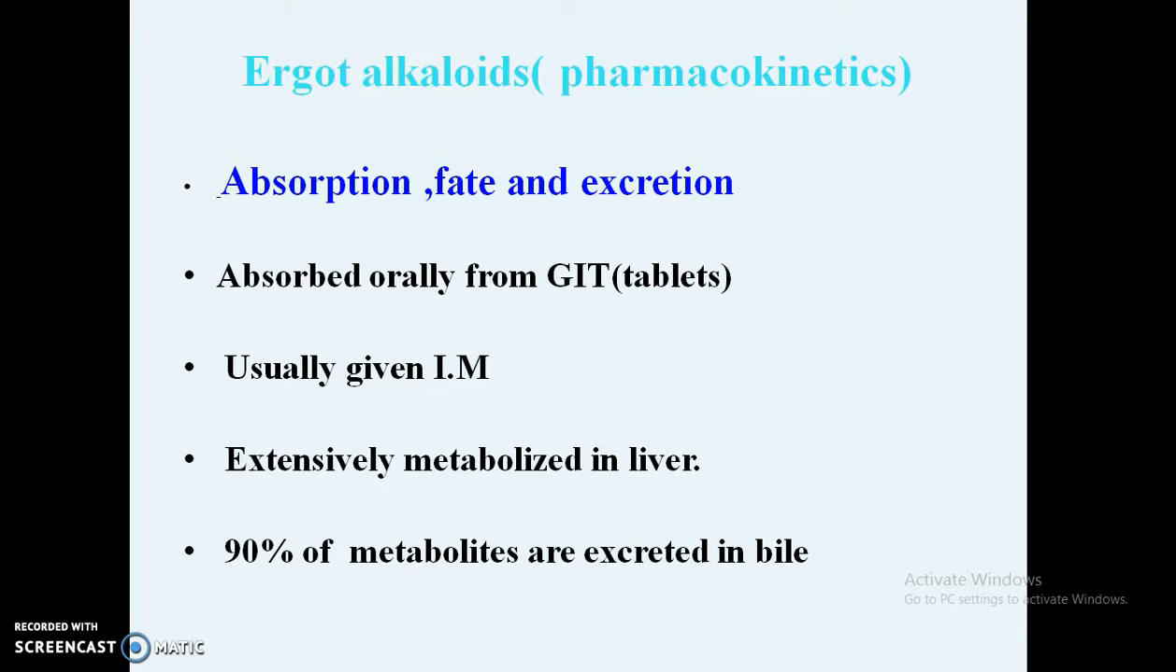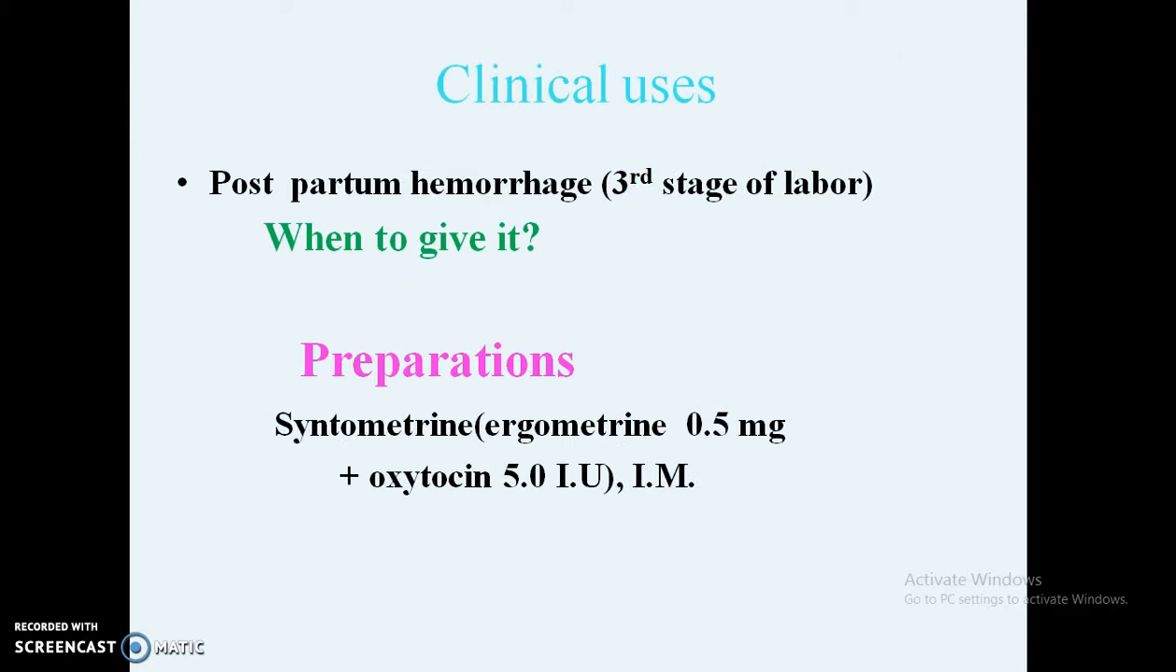Coming to its pharmacokinetics, the absorption: it is easily absorbed by the oral route, so it can be given through tablets and also through the intramuscular route. It is extensively metabolized in the liver, and 90% of the metabolite is excreted in bile. The clinical use is when the ergot alkaloids have to be given